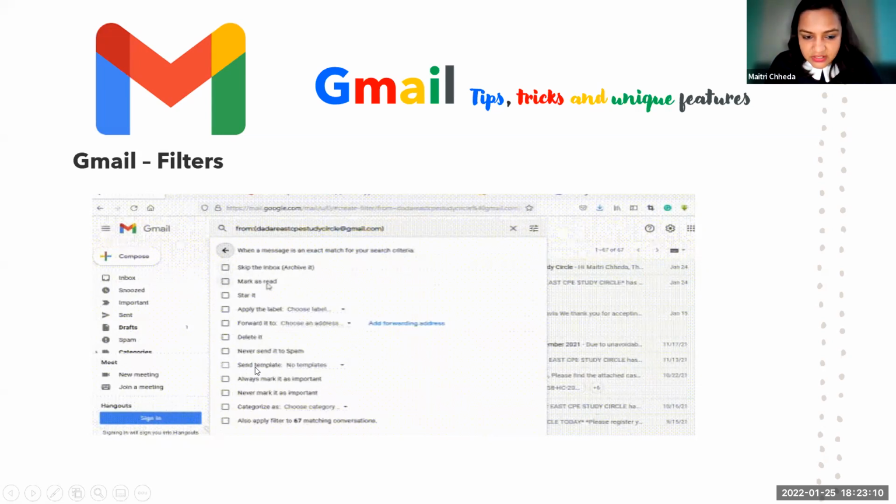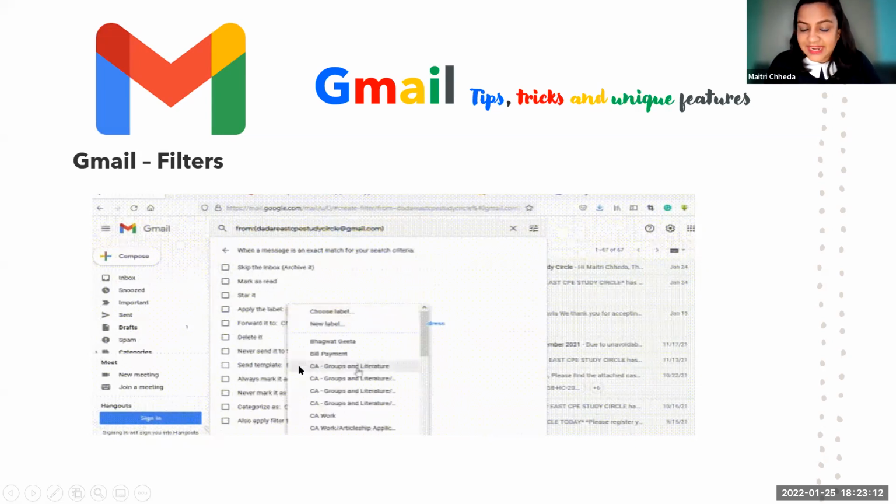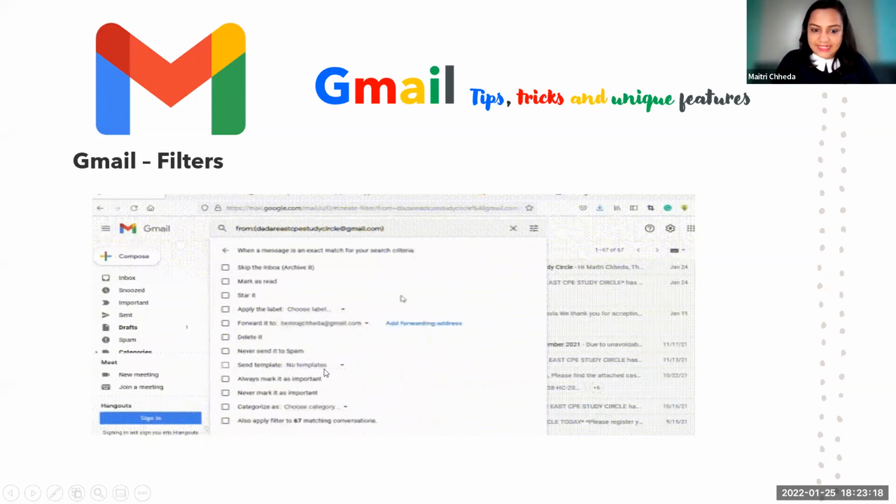Then you have an option over here called send template. We had made templates. So for your redundant tasks, you can automatically send templates to a specific email ID. So you have a client email ID, who will come with a specific subject. You say that, okay, if these two conditions are fulfilled, this email ID and this specific subject, just send this template, that okay, this is your answer. That's all you do, and you save, create a filter, and this filter will be in place for you, so whenever these conditions are specified, this action will take place.